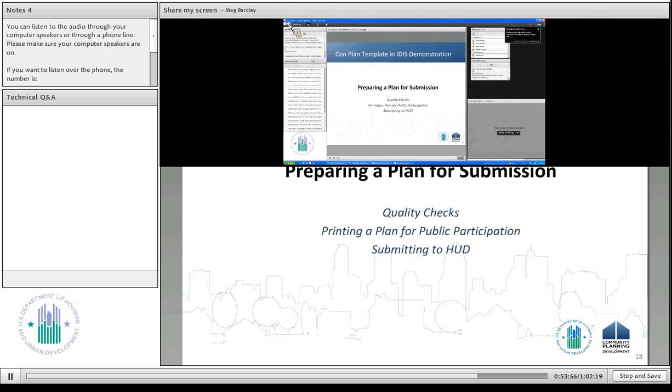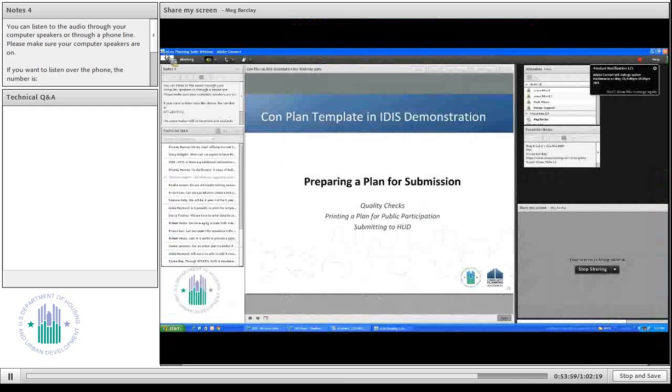So the quality checks function is up here in administration, this 8025 screen. And you see down here, now that we've actually added the plan, there's way more on the screen. Our data sources are here. The public housing agency we chose is here. You can browse and attach a cover page, a report header, a page header, all the things that you might want to use when you print out your report, attachments for citizen participation, other appendices, a grantee, the SF-424s and certifications. Once you have everything the way that you think you want it, you check the quality check, and it will tell you